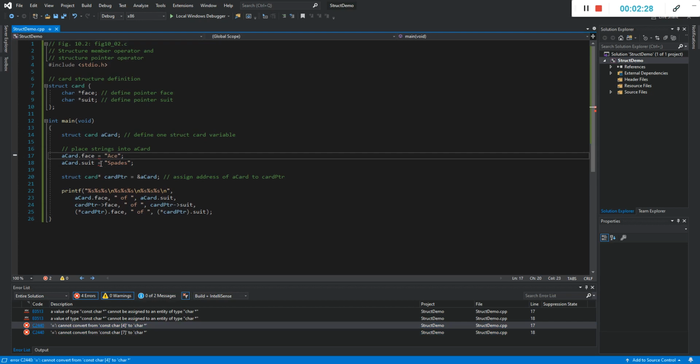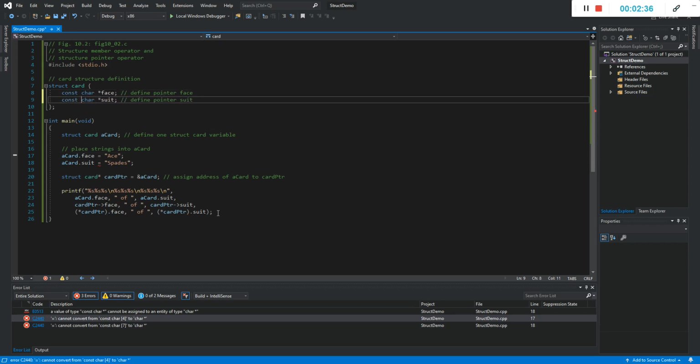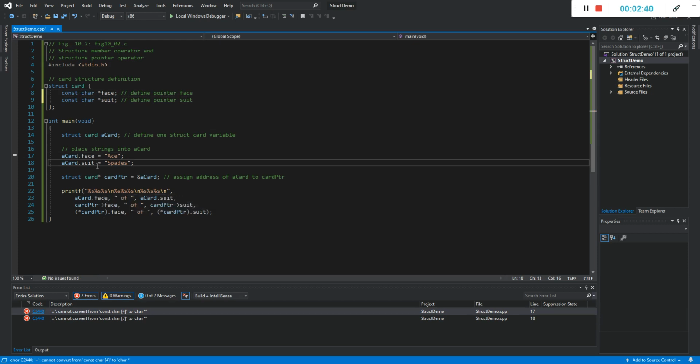Well, the first thing we can do is specify that these character pointers point to constant strings. We can do that, and as you can see, the squiggly lines have disappeared. What this means is that these character pointers are pointing at strings that are constants, that cannot be changed. And that makes perfect sense. So if I run this again,